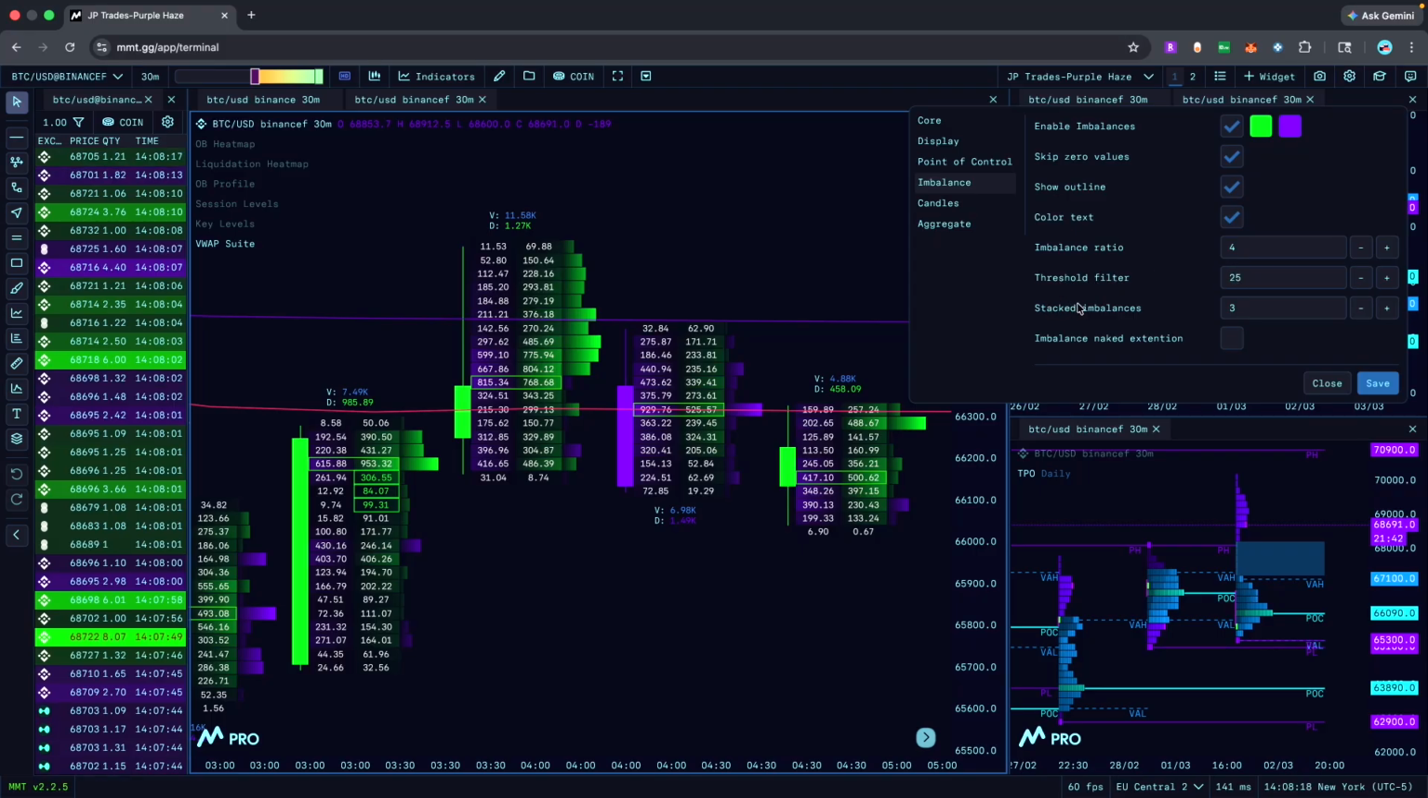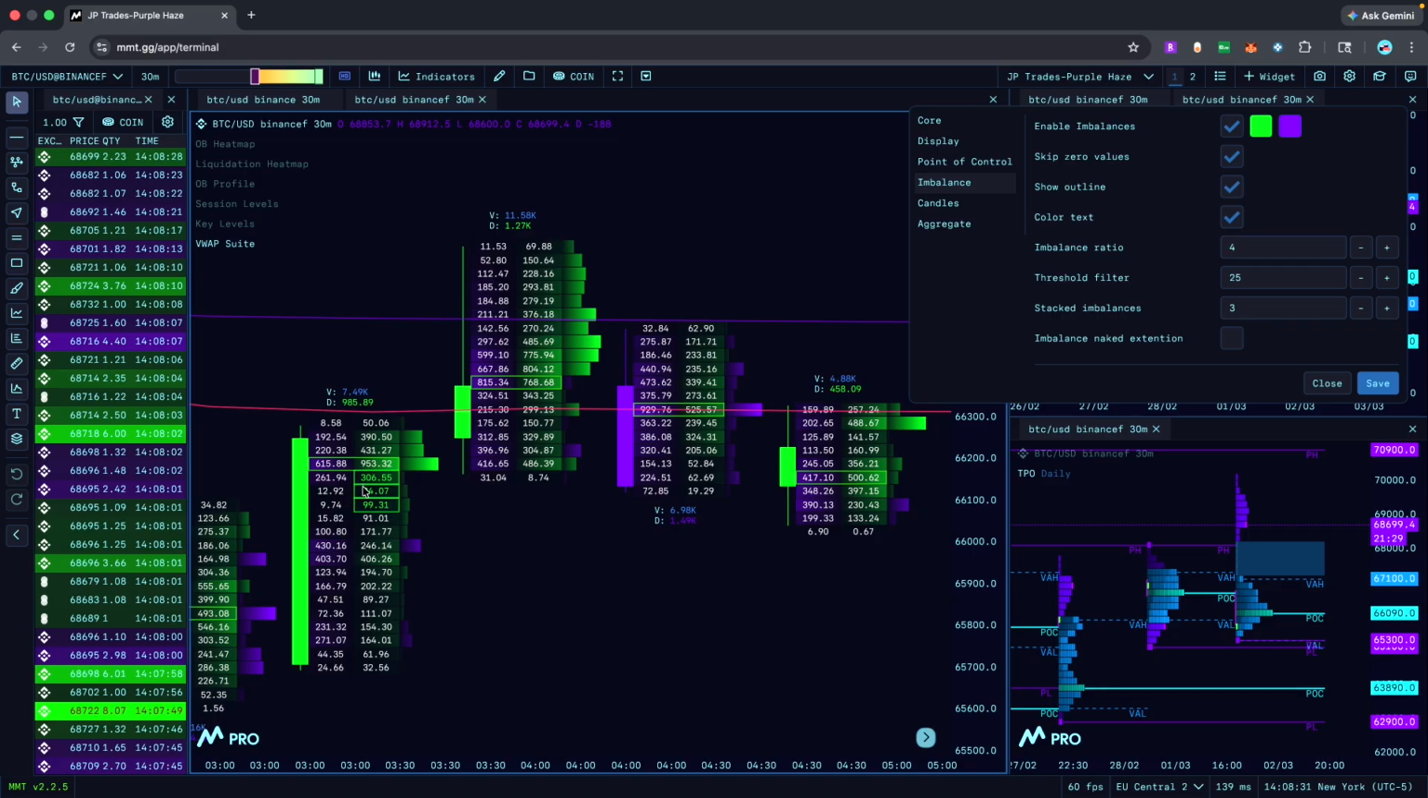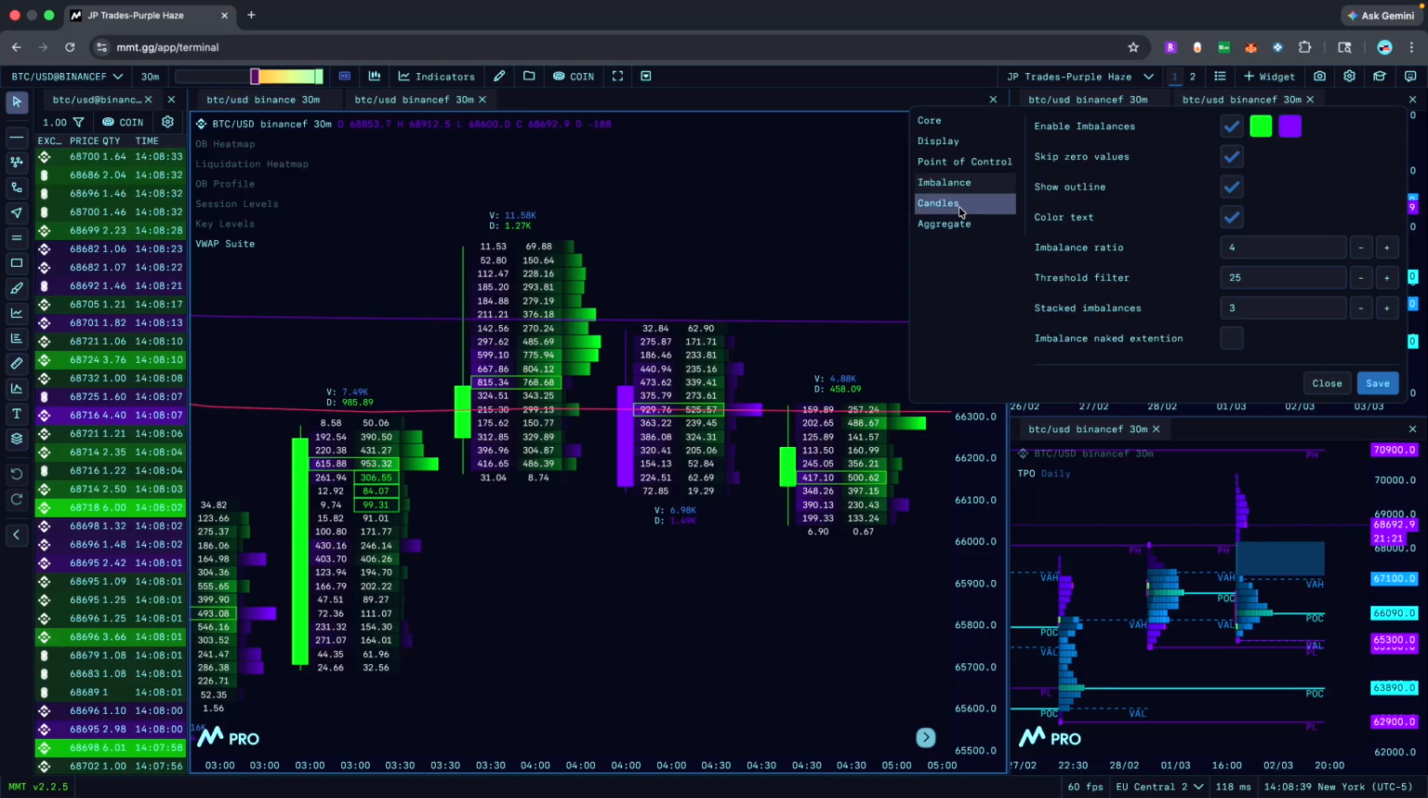Now we also require 3 stacked imbalances. That means 3 consecutive price levels must meet the imbalance criteria before it is considered to be stacked. This also helps isolate sustained aggression rather than a single isolated print. Next, we also enable skip zero values. We also show imbalance outline and color text for these imbalances so that they can be seen very cleanly